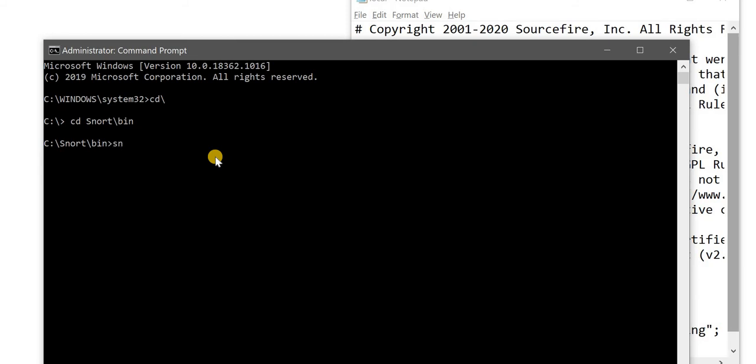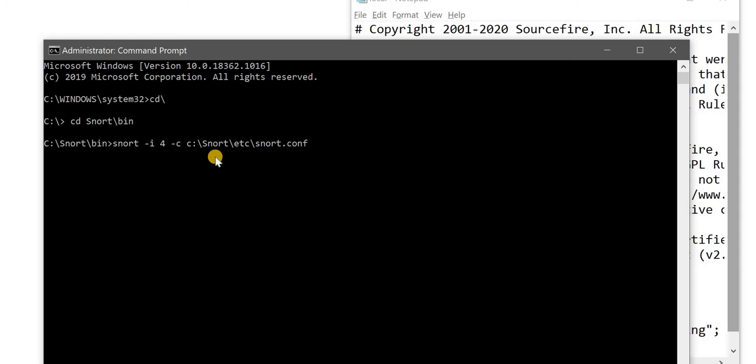Now run Snort. So snort -i, that is interface 4. Your interface may be 1 or 2, so check your interface before executing Snort. Then -c, give your conf file path, so etc/snort.conf.